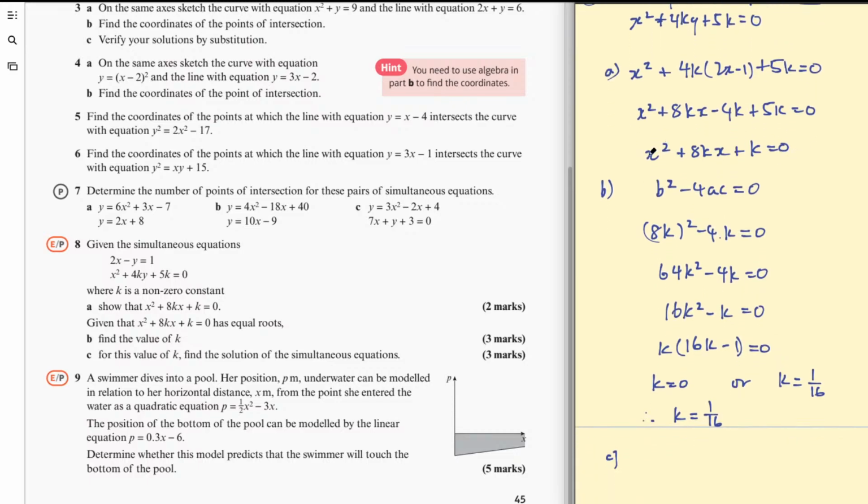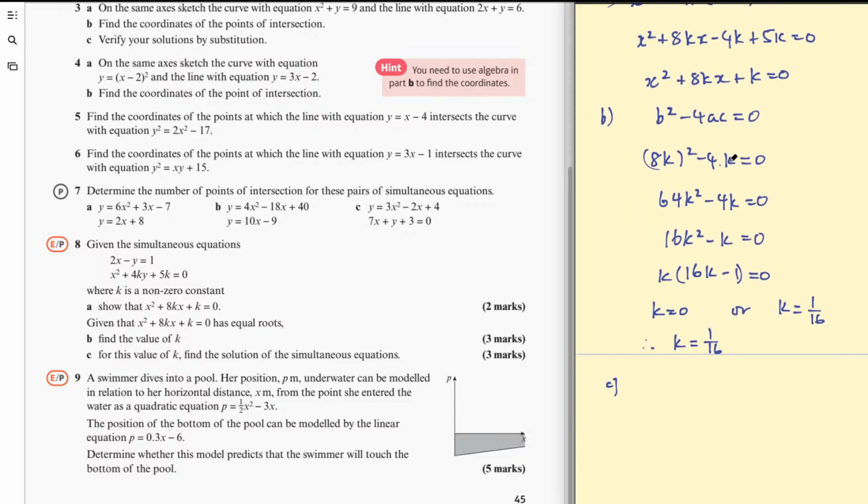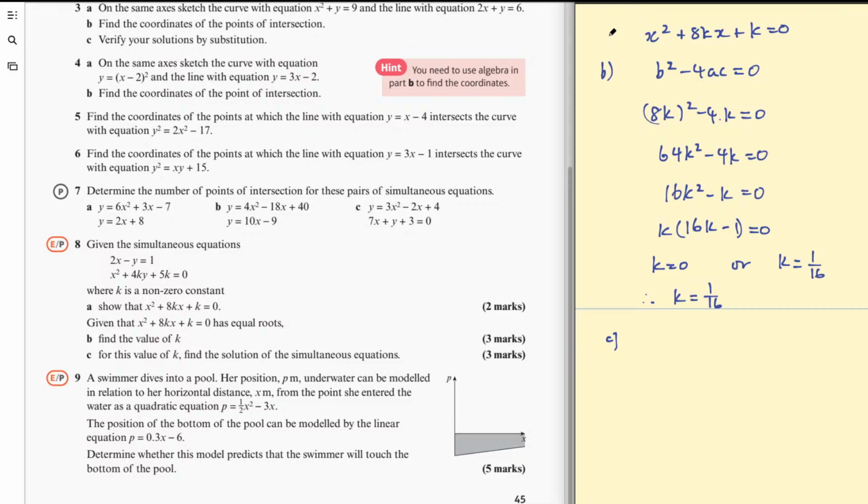Sorry, we'd plug it in here to the equation in part A. That's the quadratic we got where the graphs intersect. That will give us the solution. So plugging k into this equation here, we get x squared plus 8 multiplied by 1/16 x plus 1/16 equal